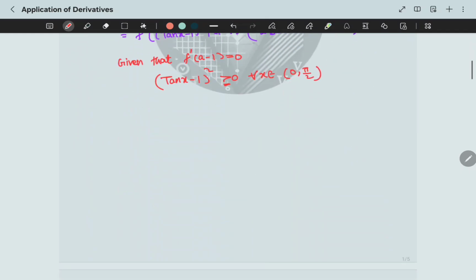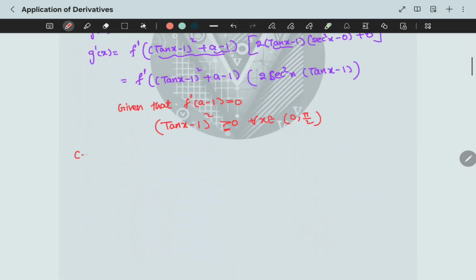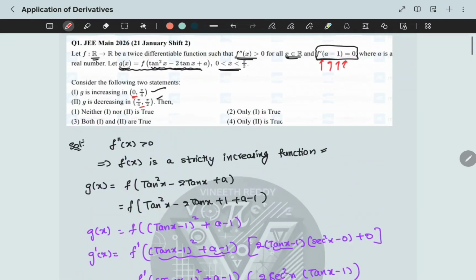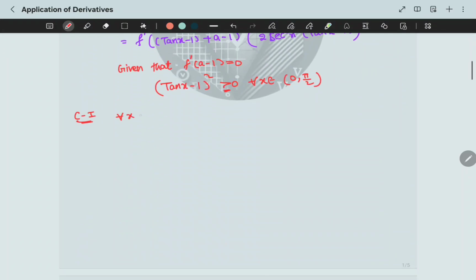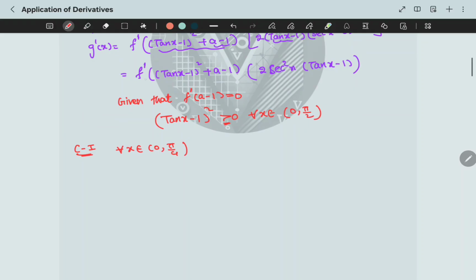Now we will do one thing. Case 1 will be, we will take this interval 0 to pi by 4 and we will see whether g is increasing or decreasing. For all x belongs to 0 to pi by 4, what will happen? We need to know whether this value is positive or negative firstly. Now since f dash of a minus 1 is equal to 0 and f dash of x is strictly increasing,